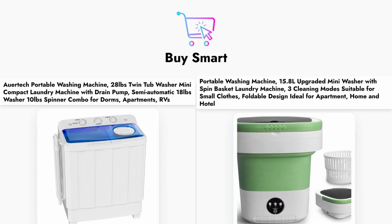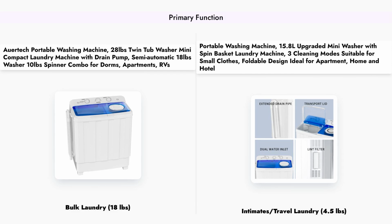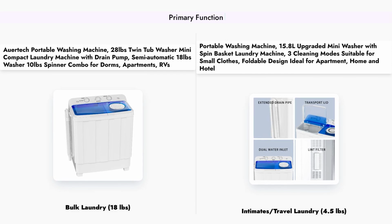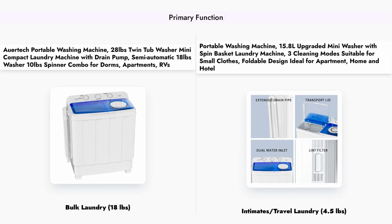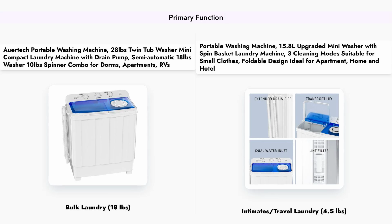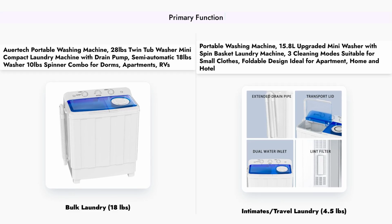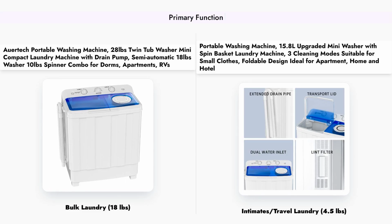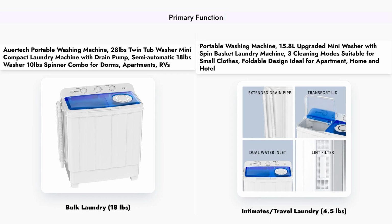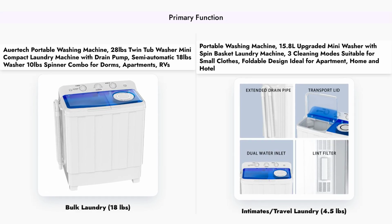Let's get started. The Auertech portable washing machine is designed for bulk laundry, capable of handling up to 18 pounds of clothes, making it suitable for small households. In contrast, the Ubila portable washing machine is tailored for smaller loads, ideal for delicate items like intimates and baby clothes, with a capacity of only 4.5 pounds. This distinction makes the Auertech a better choice for regular laundry needs, while the Ubila excels in portability and specialized